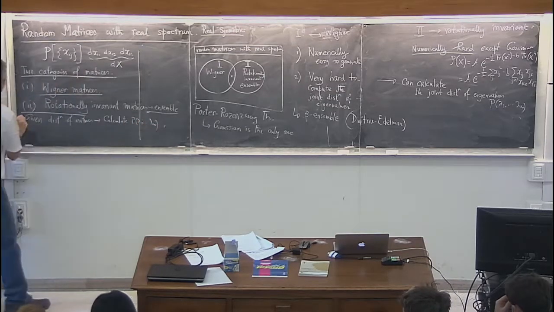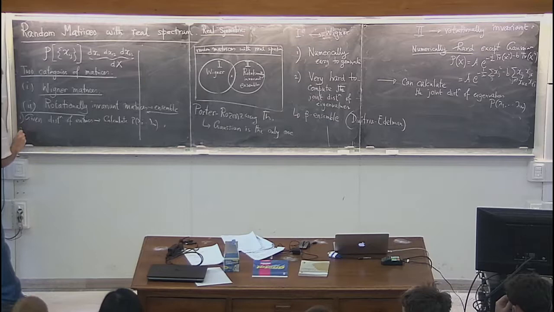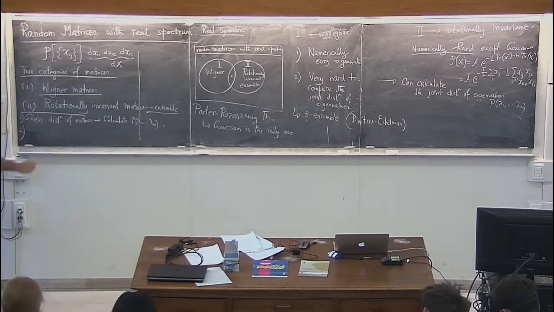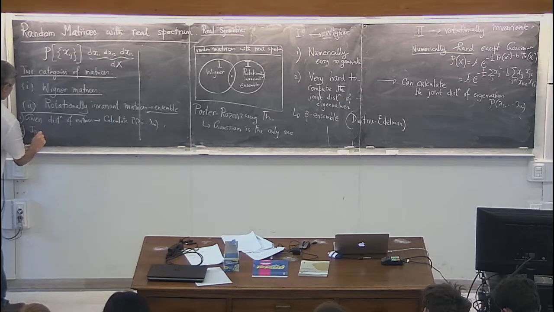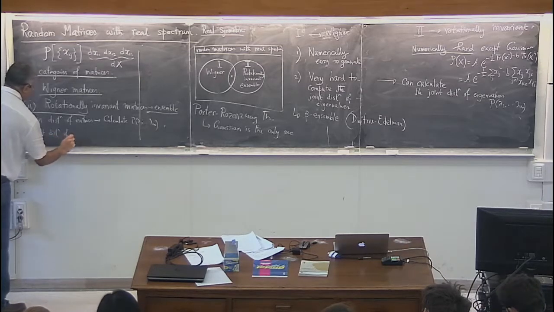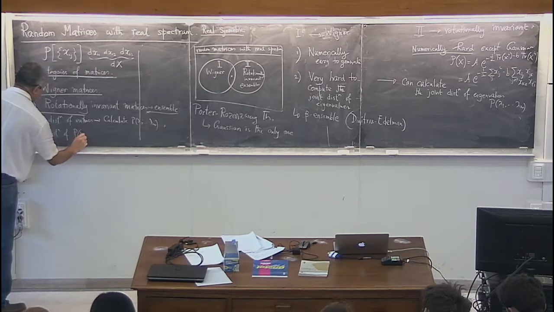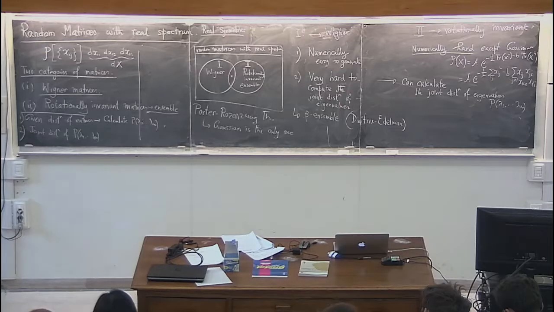This is the first problem, and the second problem is that, imagine that you can calculate this joint distribution of eigenvalues, but the story is not yet over, because I can give you this formally, but then you want to calculate some observable, for example the spacing distribution or the distribution of the largest eigenvalue, and many other observables, and that's not always